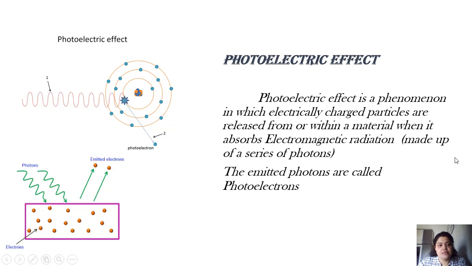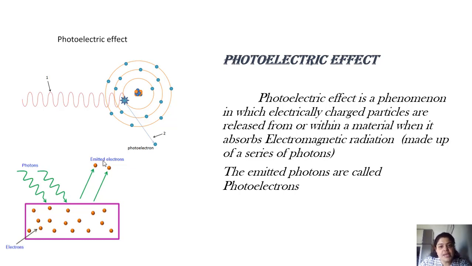So let us first look at the diagram over here. Assume that this is a single atom of a semiconductor. What exactly happens in case of the photoelectric effect? When light, as shown by the number 1, is incident on this, it releases an electron from the atom. On striking of photons, electrons from the material are released. Because these electrons are released on absorption of photons, we also call these electrons photoelectrons.